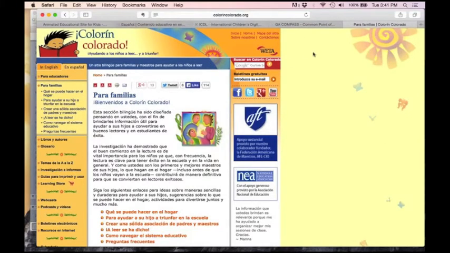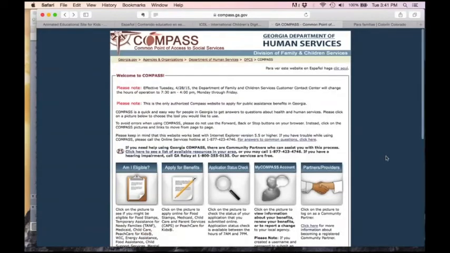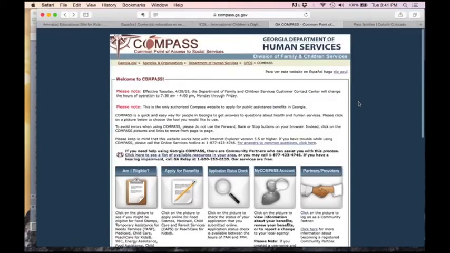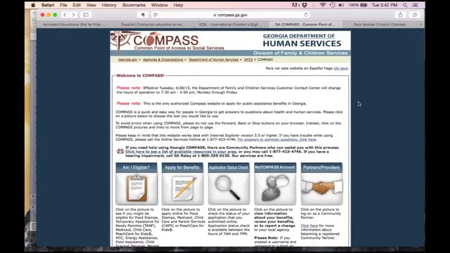Then another resource parents were curious about was just how to apply for support with food. This is, I guess, how to apply for food stamps. So some of them had heard that you could do this online, and when you actually went to the office, there were computers and you could sit with somebody, and so we have icons, and in the first line you can see the Spanish translation.